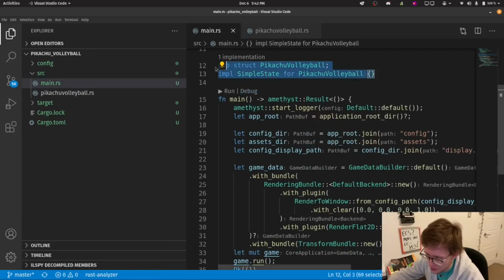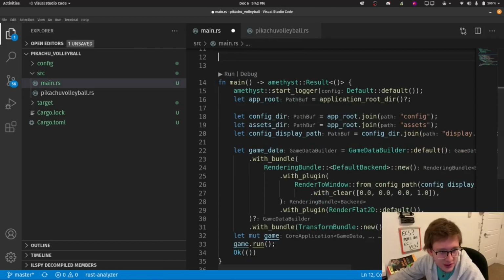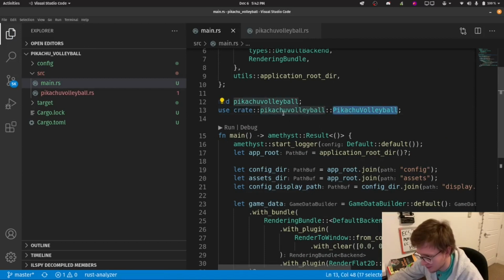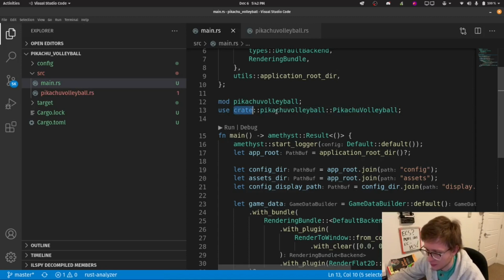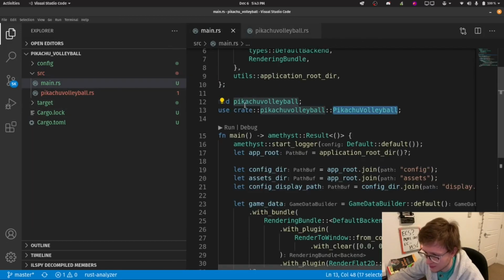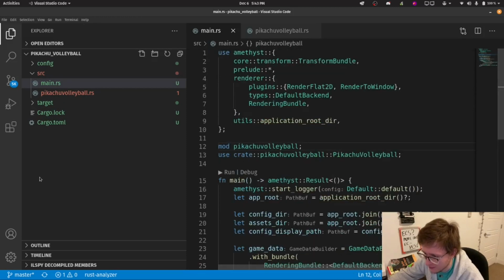Now, of course, we'll have to reference that in here, so we can just say mod pikachu_volleyball, and then use crate::pikachu_volleyball::PikachuVolleyball. Okay, so this is crate. Remember absolute path. I made a video on it. Then pikachu_volleyball is the name of our file, and PikachuVolleyball is what we're getting off of here. And mod is just sort of creating it.